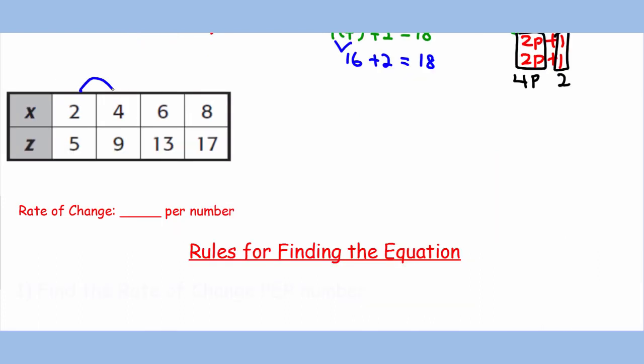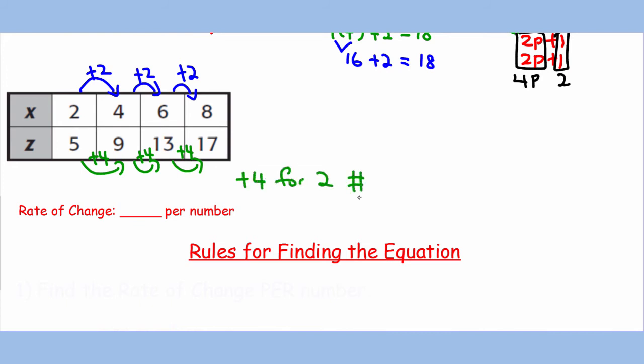The last one, as we go from one number to the other on the top, we're adding by 2, and the changes at the bottom are adding by 4. So the current pattern in this case given is plus 4 for 2 numbers. And we need to get this down to per number from the 2. So we need to divide each one by 2, which will bring us plus 2 to each number. So the rate of change again will be plus 2. And to translate that, you will get times 2.